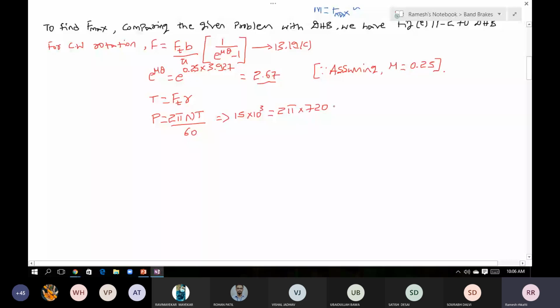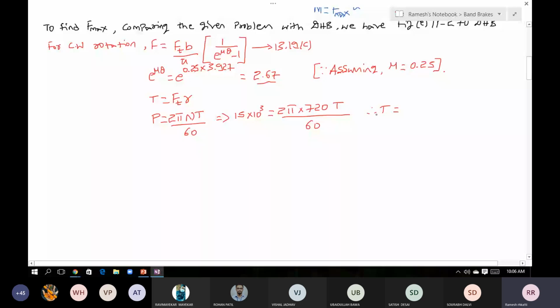Here the power is in watts, N is in RPM and torque is in Newton meter. From this, the torque I'm going to get will be